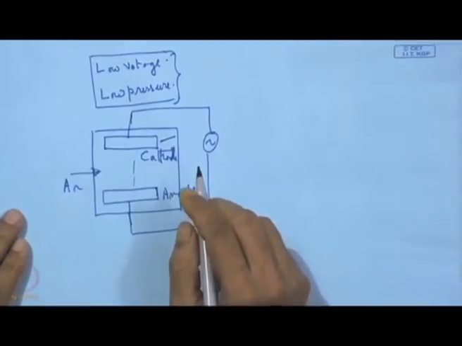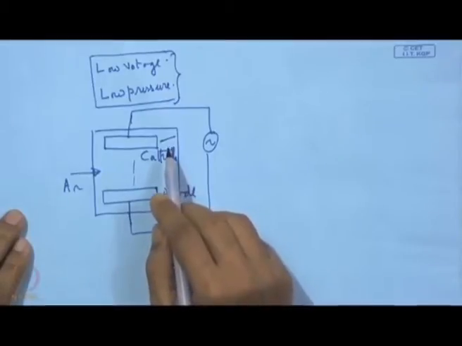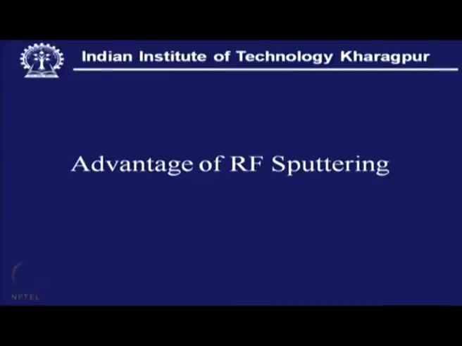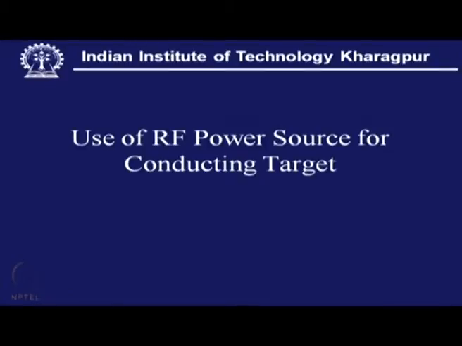So, that is actually the main reason why with low voltage and low pressure it is possible to handle sputtering with greater efficiency, and naturally for one who is interested in sputtering, this is one of the very important issues one can consider. So, this is actually a summary of RF sputtering,